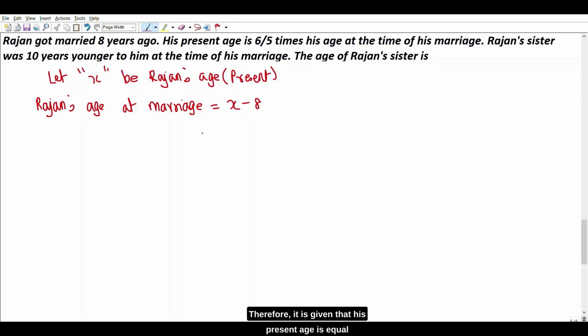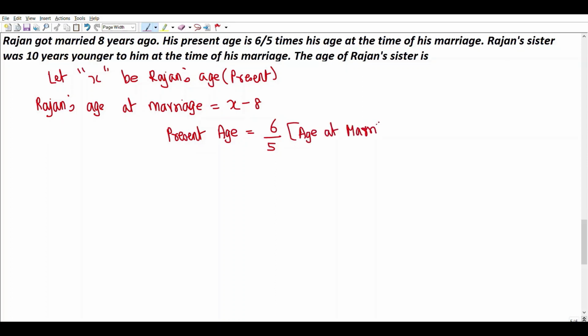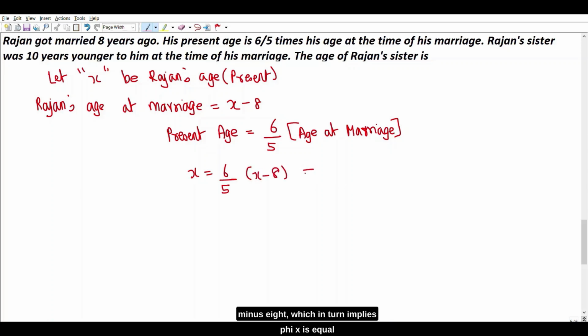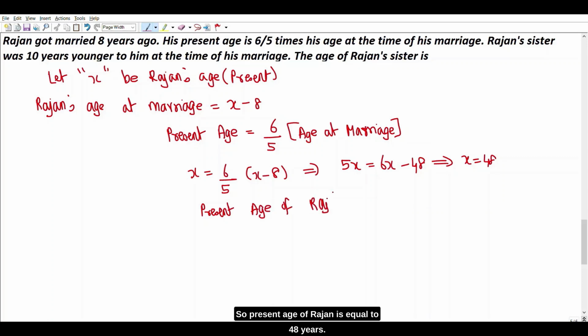Therefore, his present age is equal to 6 by 5 times of age at marriage. x is equal to 6 by 5 times of x minus 8, which in turn implies 5x is equal to 6x minus 48. Therefore, x is equal to 48. So, present age of Rajan is equal to